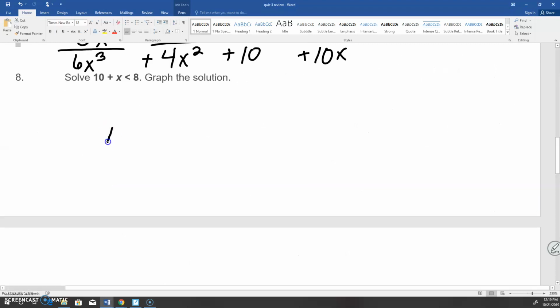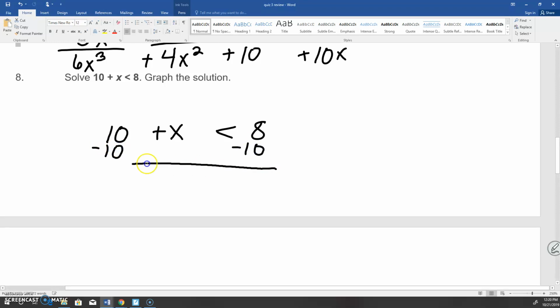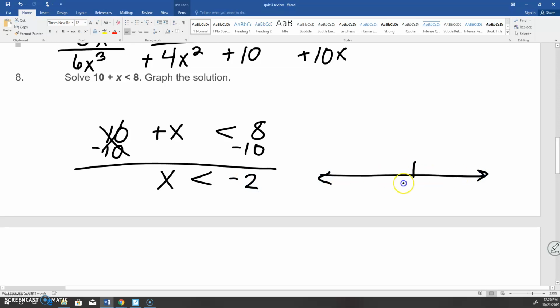It says solve, then graph. So I have 10, positive x is less than 8. I need x by itself, so how do I move 10 to the other side? Subtract 10, because it was a positive 10. So you're left with x is less than, what's 8 minus 10? And then if you graph it on your number line,